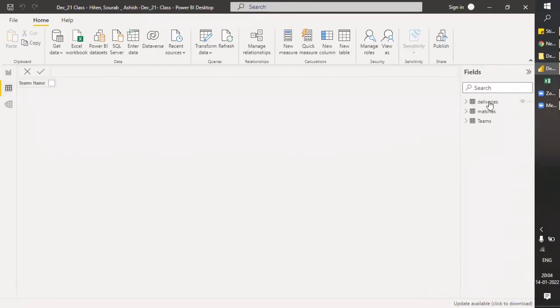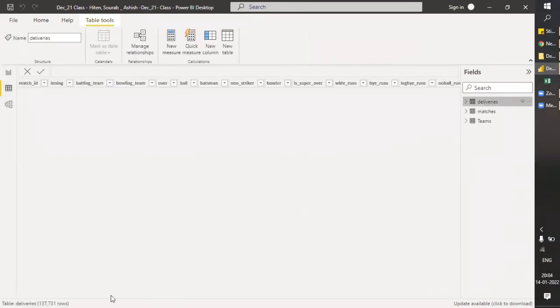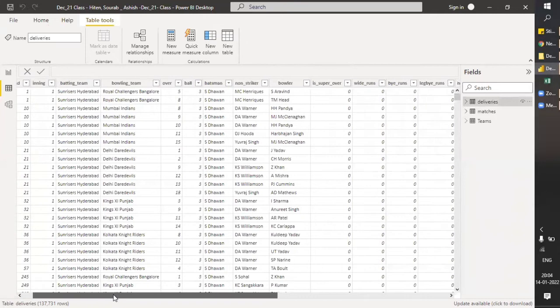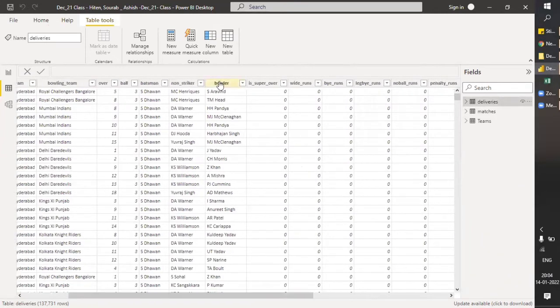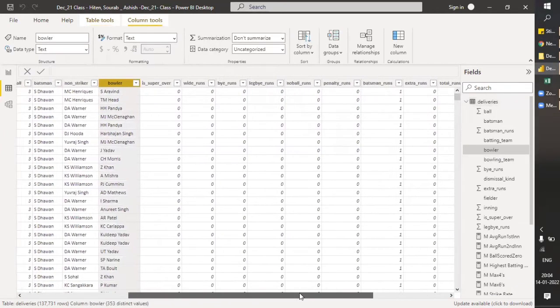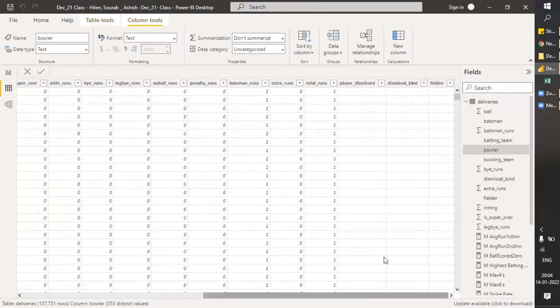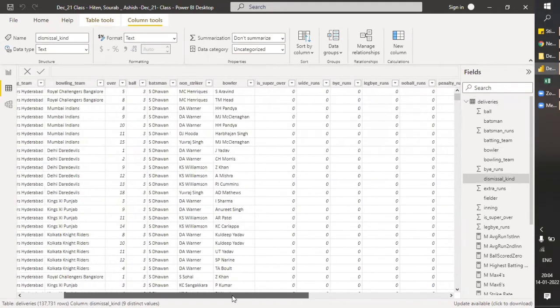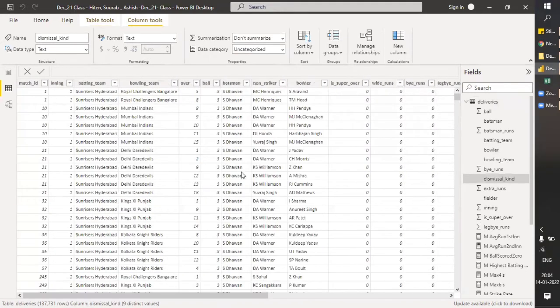and if we see the deliveries, then you can see we have a bowlers column and we have dismissal kind, meaning how many times the bowler has taken the wicket. And in each match, a few of the bowlers have taken 5 wickets, 3 wicket hauls. So how many times has this happened?